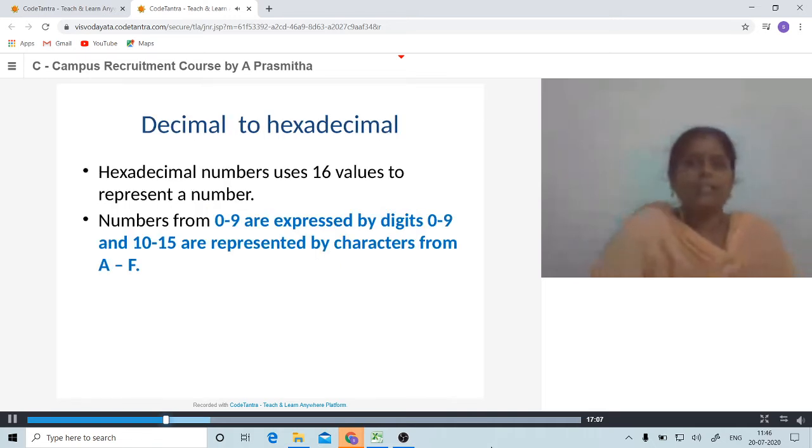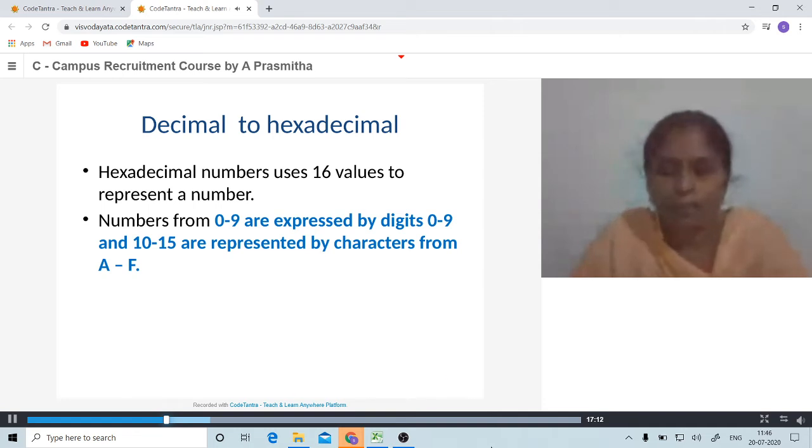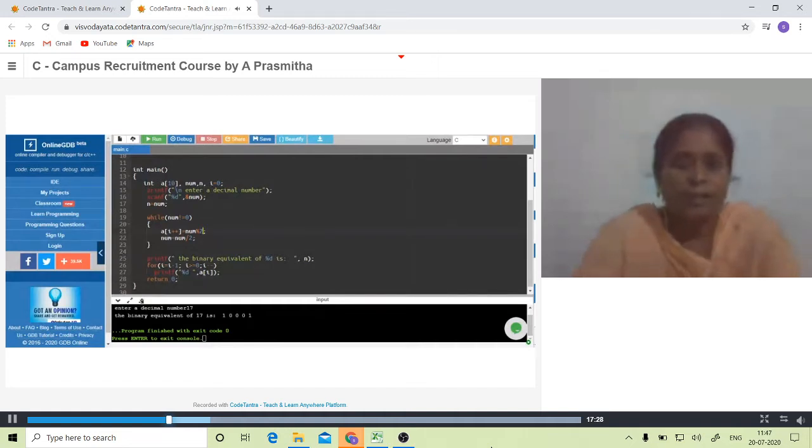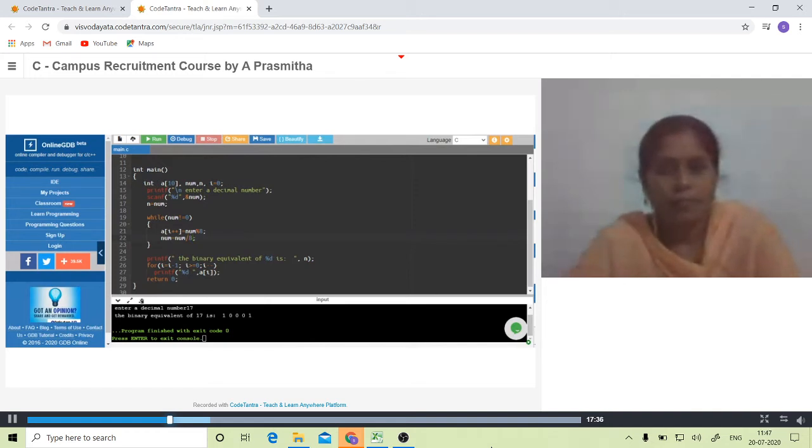Now let us check the program before we go into hexadecimal conversion. Here what we are going to change is simply the base, to 8. Let me run this program.